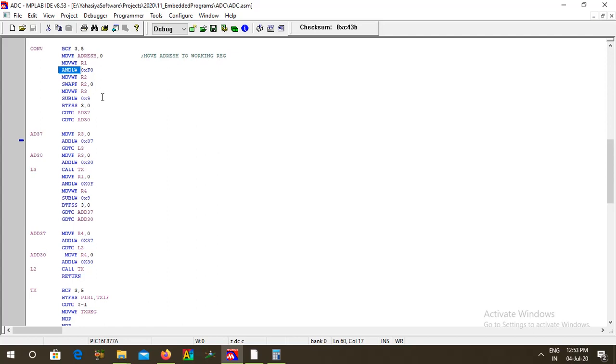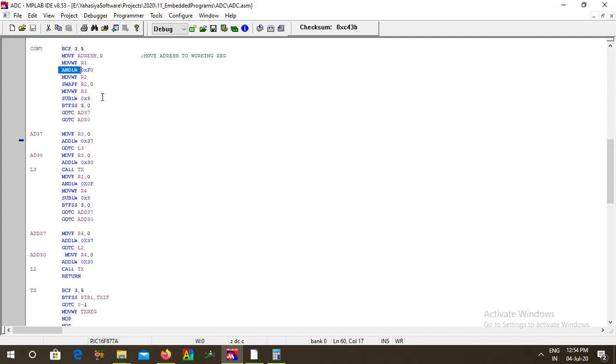To do that, we are ANDing it with 0xF0. We move the MSB to R2, that means register 2, a temporary register. Then we swap the value and copy that R2 result to the working register. Then that value is also moved to the R3 register.